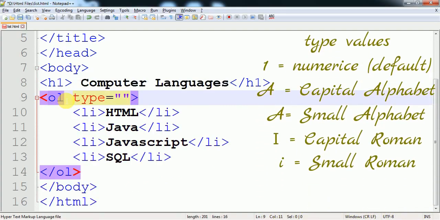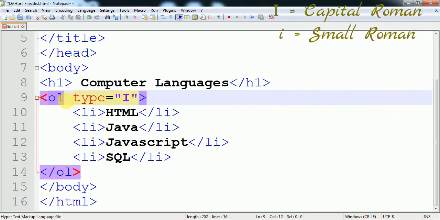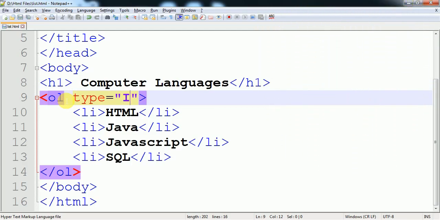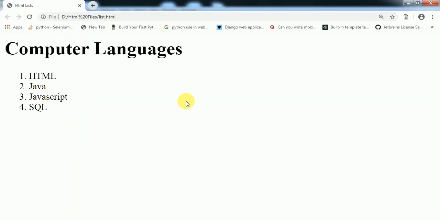Attribute. If numeric is the default, and I specify capital I, it means I want it in capital Roman. So if I refresh it, you can see that it is in capital Roman: first, second, third, fourth.